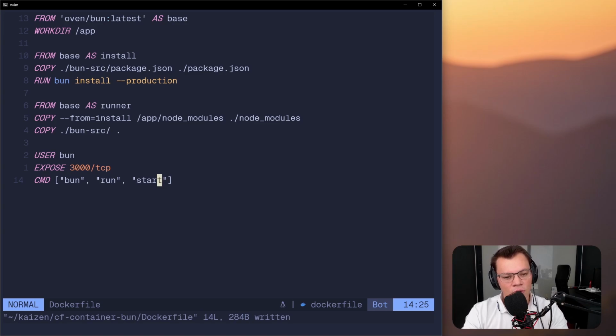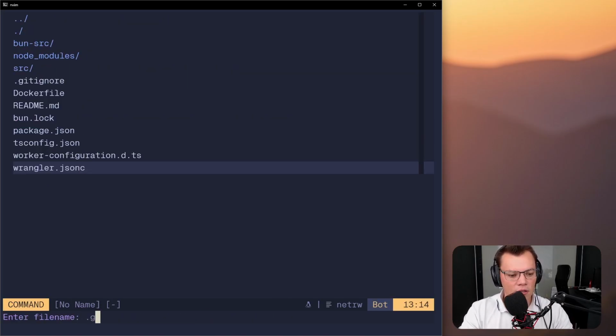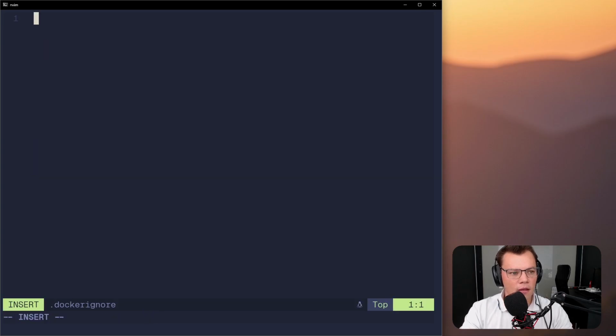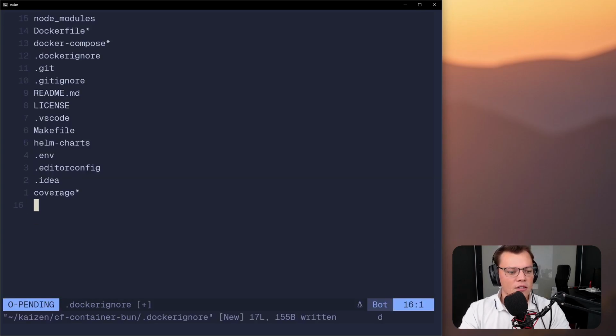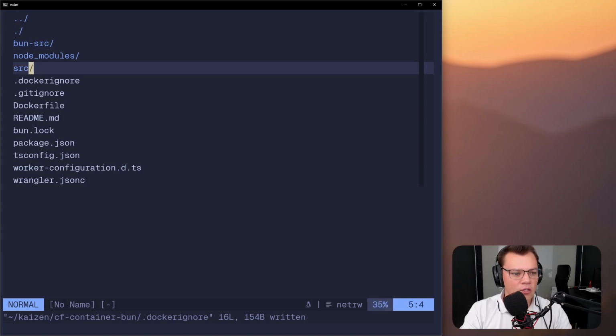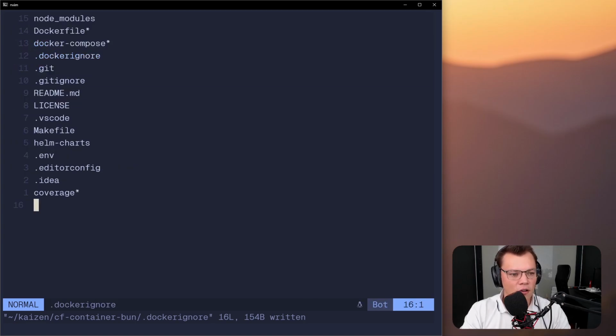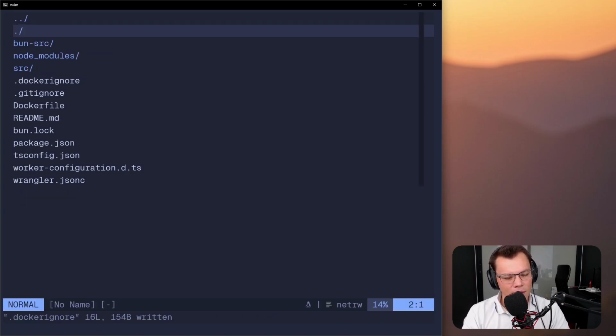So this is all to do with everything that we put in our bun source folder. So let me add some files there and then go through them to explain how the bun app works. Actually, before I do that, let me just add a .dockerignore and then paste in all of this. It's just so that Docker doesn't copy the node modules. When you say copy everything from a folder, it skips these files. You would just have to maybe check if you plan on copying your .env file, which is not recommended. I've put that in there as well, so you might have to remove that, but maybe you shouldn't be doing that,